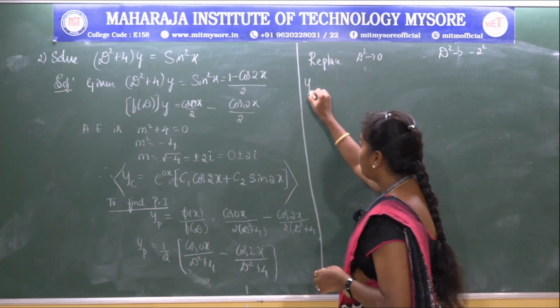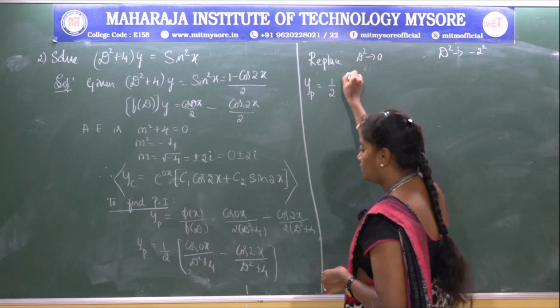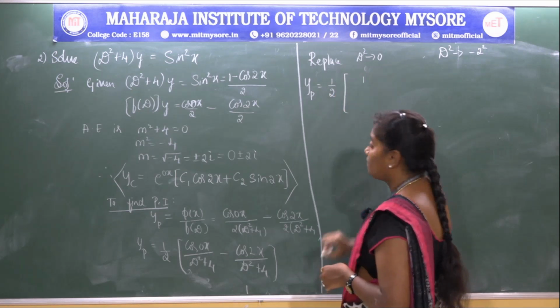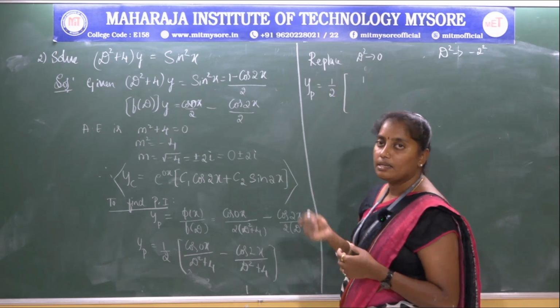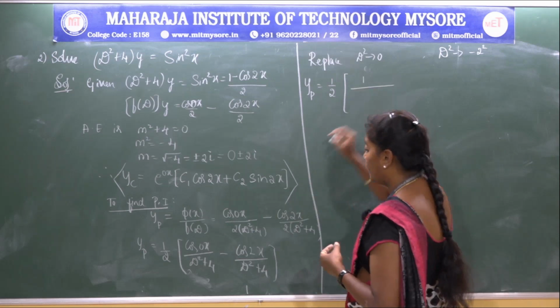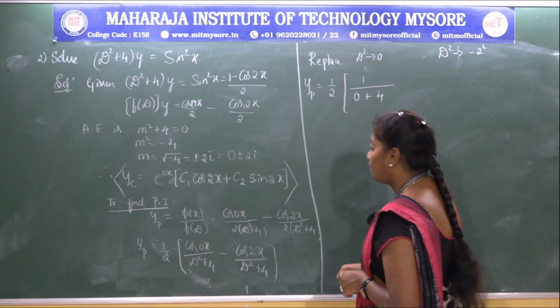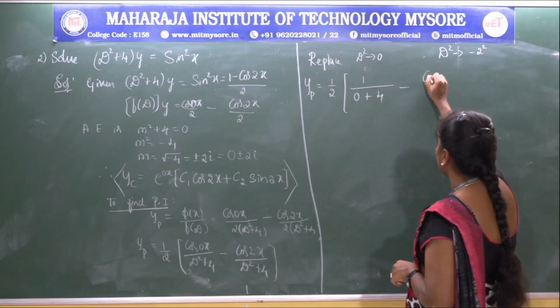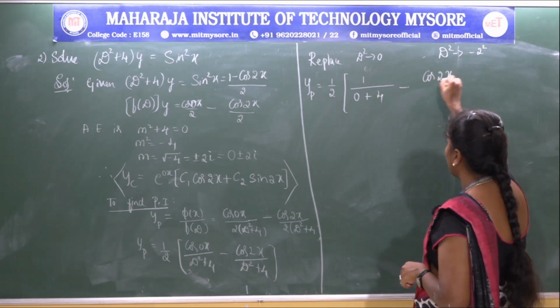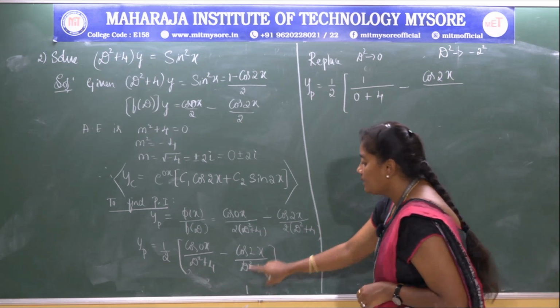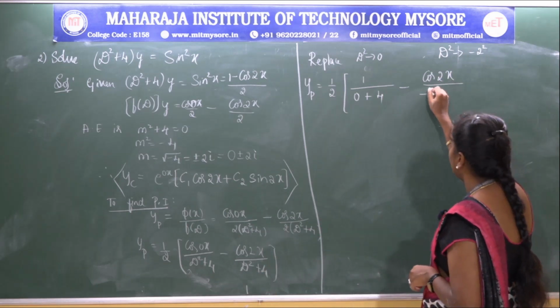Hence the yp value is 1 by 2 of cos 0x, and now it can be written as 1 divided by D square equal to 0 plus 4, minus cos 2x divided by, on replacing D square by minus 4,